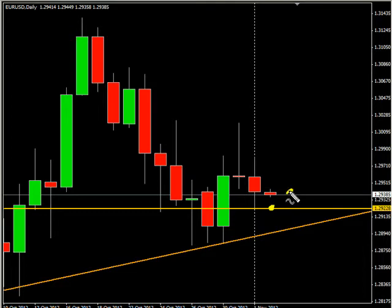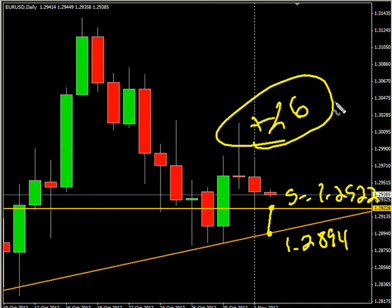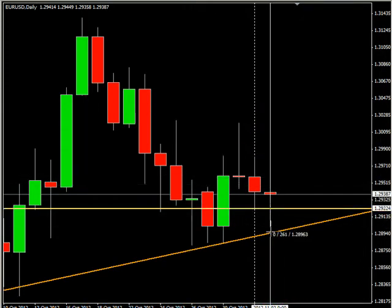Looking for a short at 129.22 and then looking to exit down here at the 128.94 level. Looking for a quick 26 pips or so. So let's take a look at this. Let me grab my pointer there. About 27 points or so around the